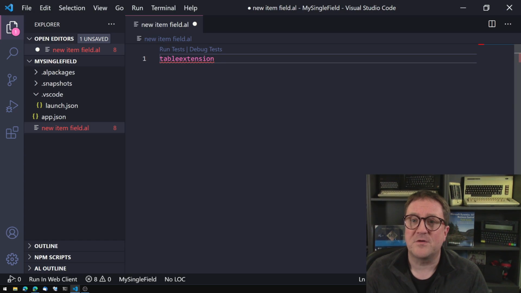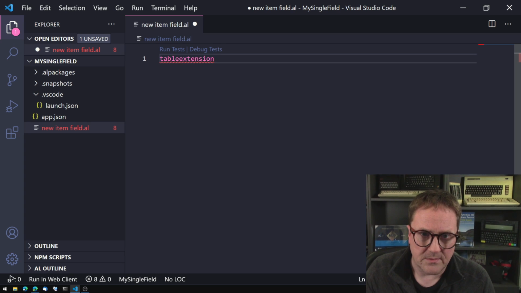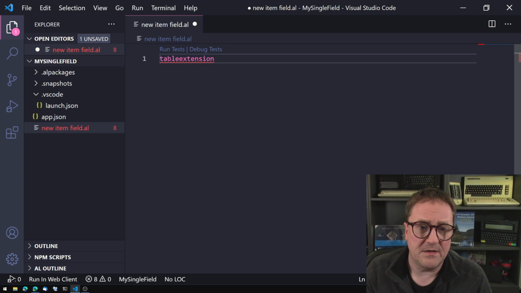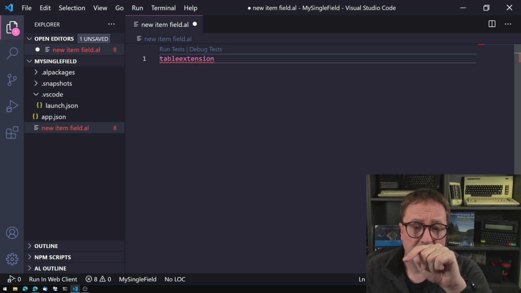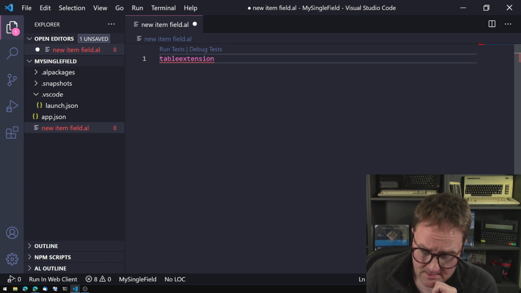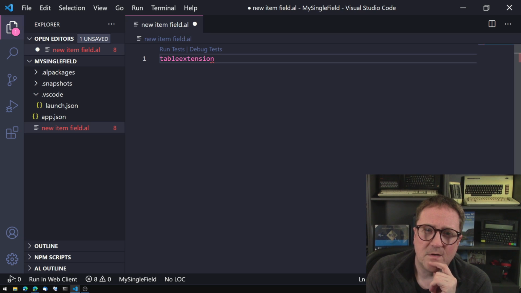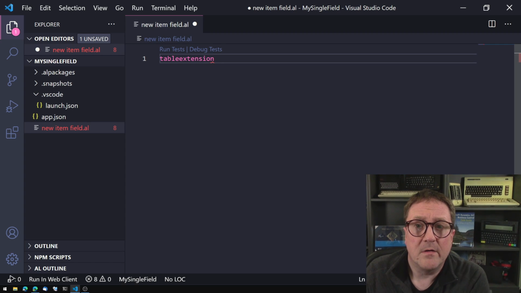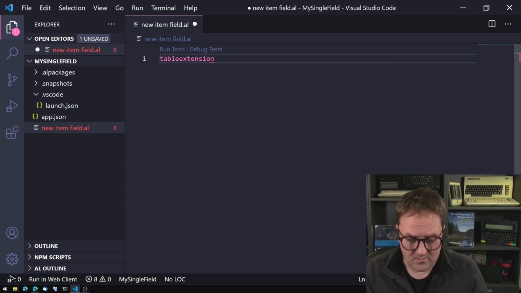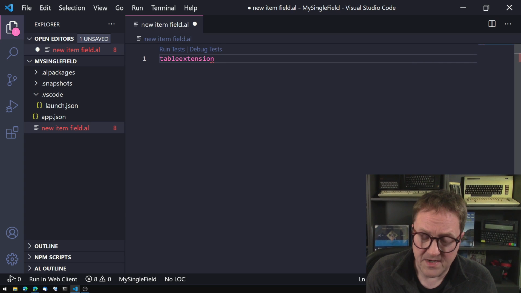So we have to start by putting the field in the database, and we do that by creating a table extension. So I type table extension, or select table extension, and then I get the red line saying this is an error. Ignore that. I type a space, and then it's only a little error. For some reason, now the N is an error. Also ignore that. What we want to do now is, again, let's use the control space,